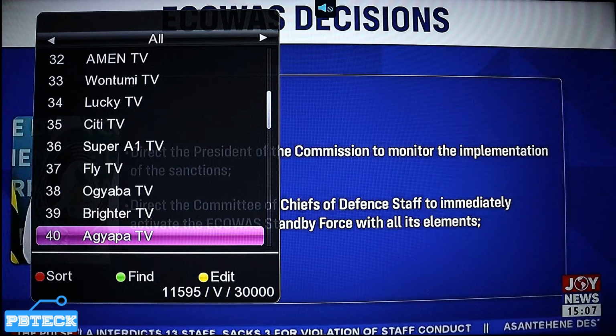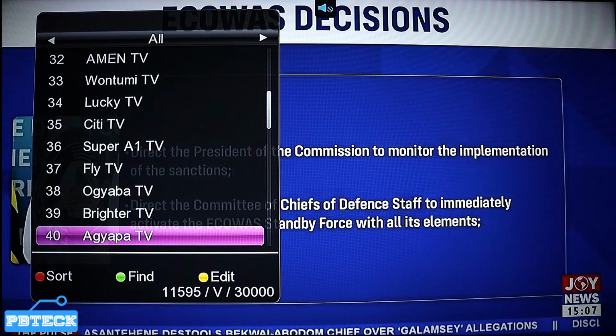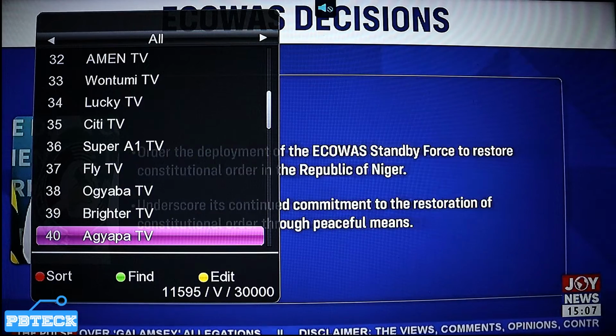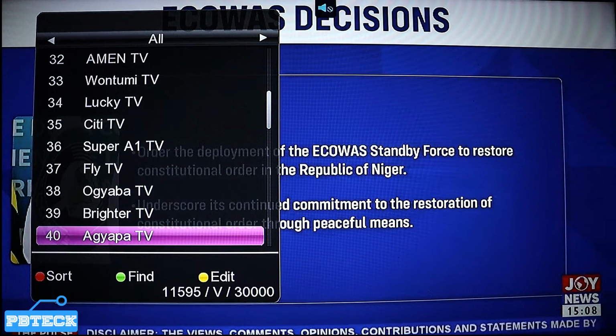So all you got to do is get a stable signal from your satellite dish by using the TP that will be highlighted on your screen. That's 12525 vertical 30K, and I'm talking of scanning it or getting MultiTv channels on your Quality Advanced S2 decoder. You can use this same tutorial if you are using a similar FTA decoder. You follow the steps and apply them on your decoder to scan it and proceed to getting